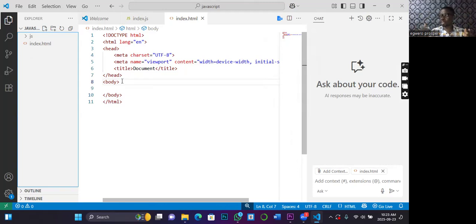HTML is not a core programming language. It's just a markup language that helps us to create content in a web page. So now that we are blending a markup language, an action language,